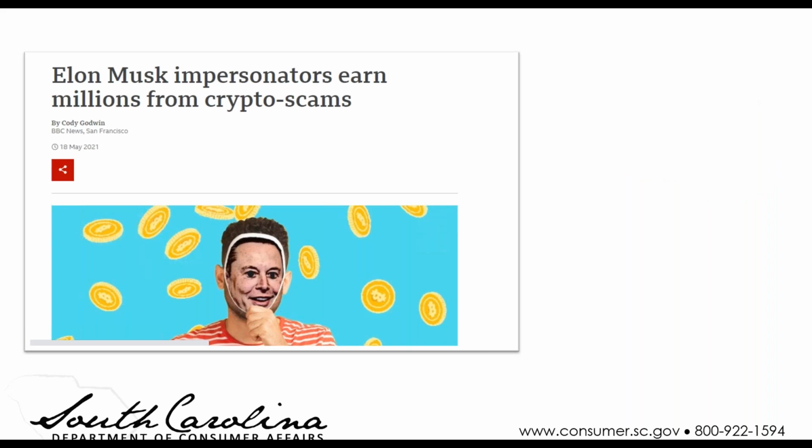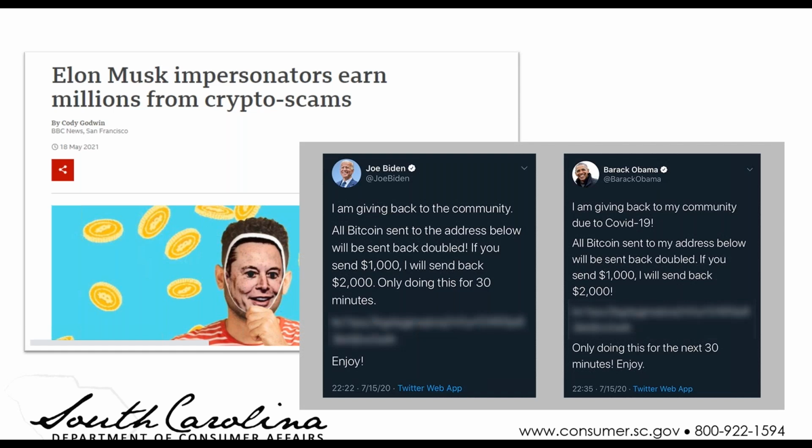We've got one article here where there was a time when there was a good bit of Elon Musk impersonators out there, and they were sending people a lot of direct messages for crypto scams. And then there were some celebrities, including Joe Biden, Barack Obama. I believe Elon Musk was one of them as well, that had their accounts hacked. And you'll see all of the messages that were posted, this was Twitter at the time, which is now X, of course. All of these people whose accounts were hacked were posting the same types of messages telling people, send me Bitcoin. If you send $1,000, I'm going to send you $2,000 back.